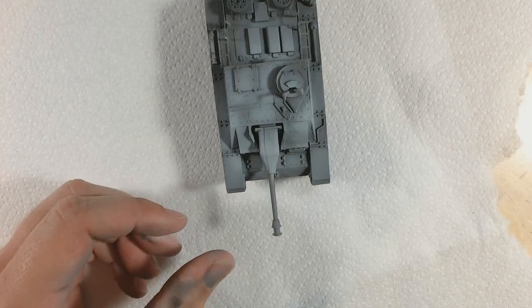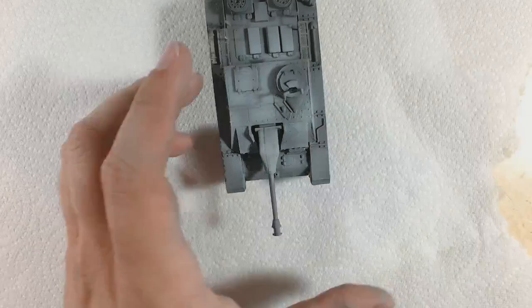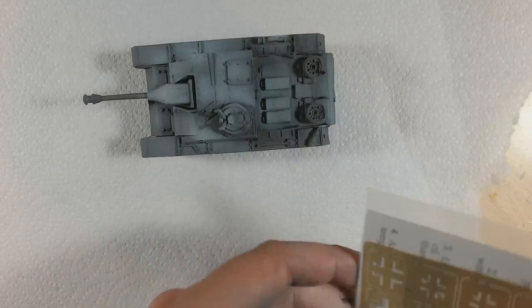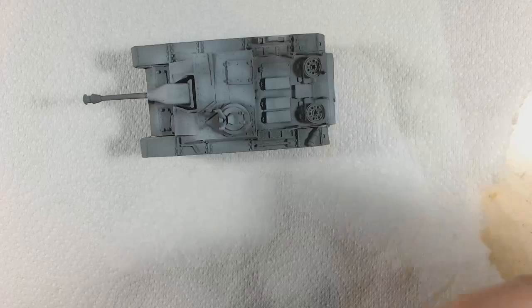I would at this point actually use some actual white, Menthol white highlight, great for a final highlight. I would use some Menthol white highlight to mix things up there a bit. What I was going to do, and still might,